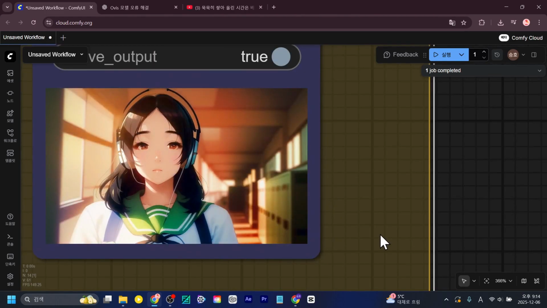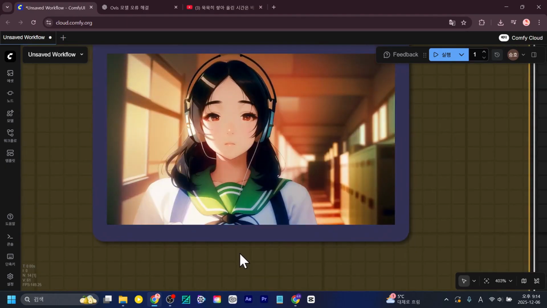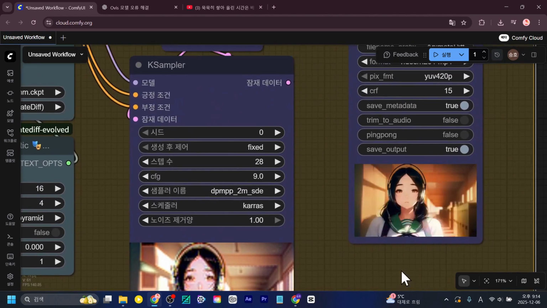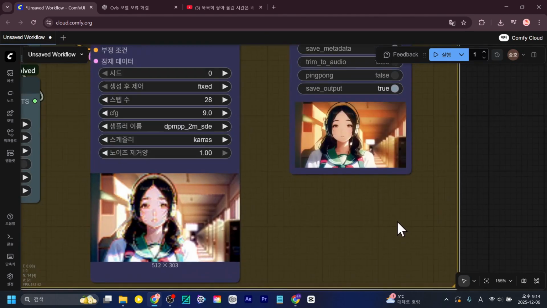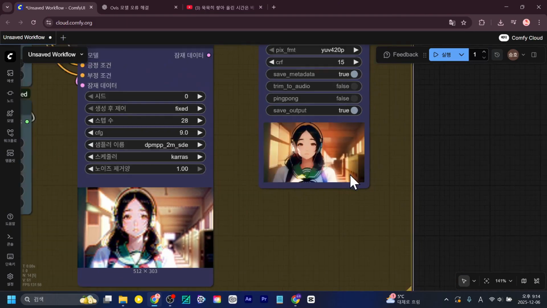The structure is a typical animate diff form, and it's shown in the video. As you can see, the video changes quickly like this. This is what we call morphing. It's morphing right now. It's being completely transformed. In the past, animate diff forms were typically created in this particular morphing style.